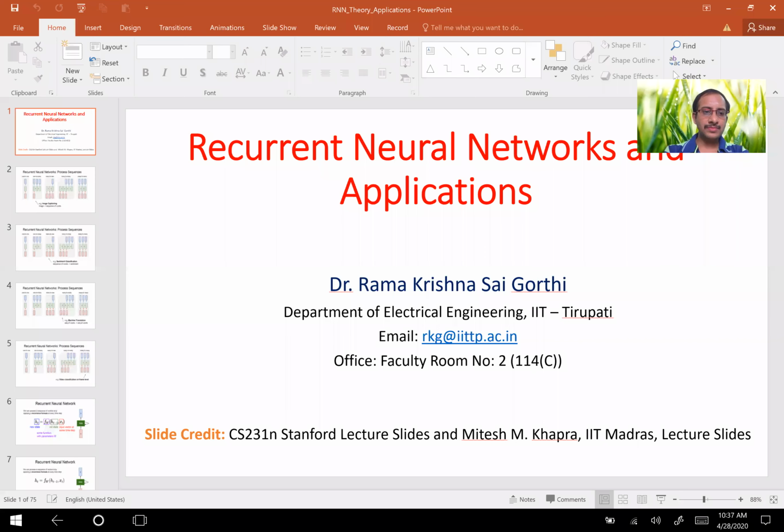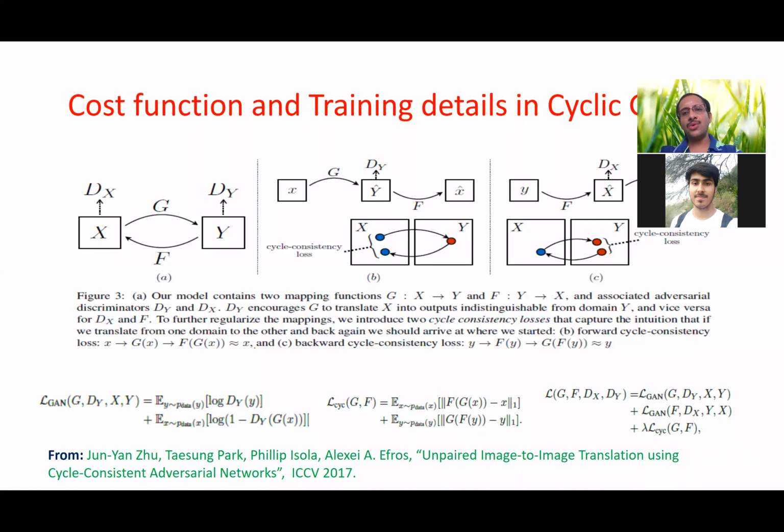Yes, sir. Yeah, good. So this is regarding cyclic GAN as we discussed in the previous class. So cyclic GAN has two generators and two discriminators. One generator and discriminator pair is trying to transform one class of image like zebra to horse. Another generator and discriminator pair is trying to transform horse to zebra. Similarly, the same can be applicable in other applications, say black and white image to color image and color image to black and white image, or sketch to image and image to sketch.